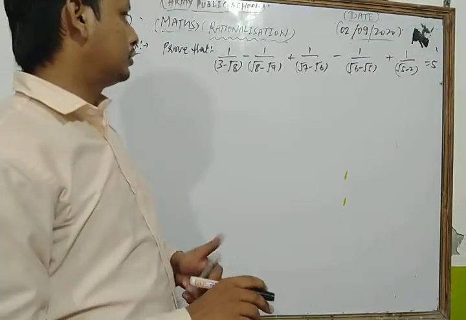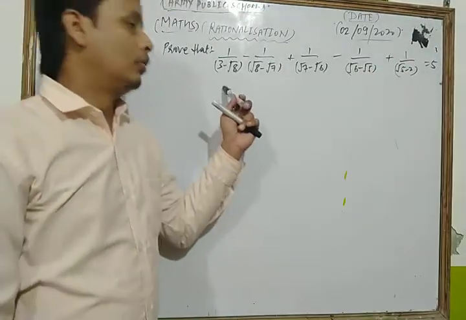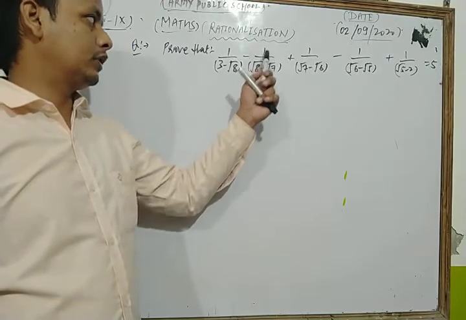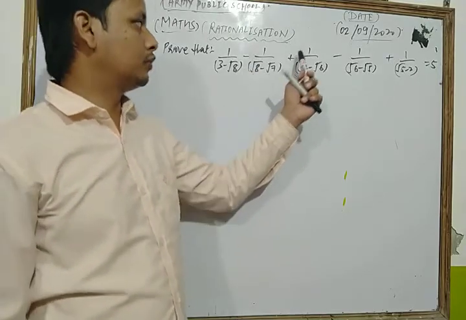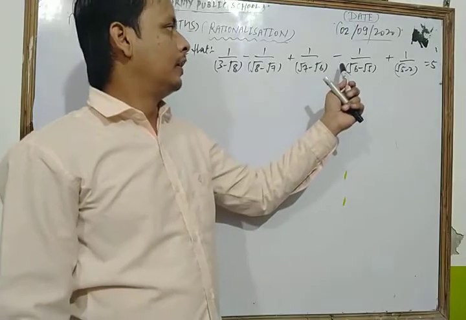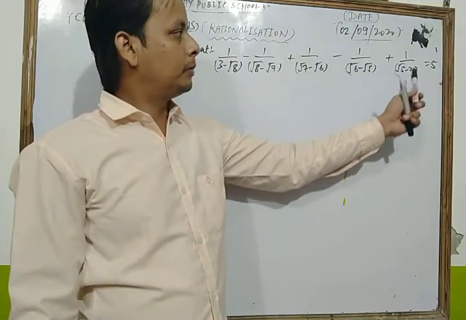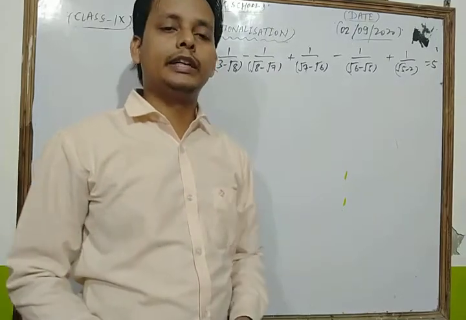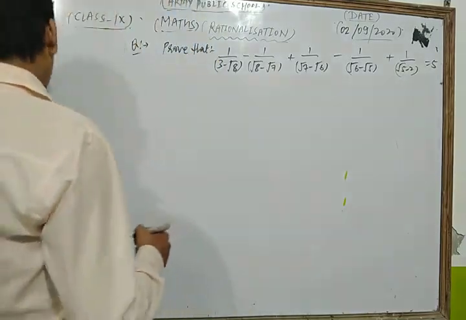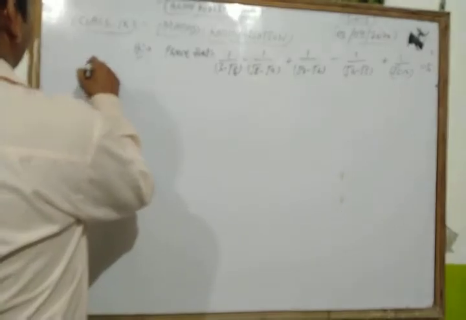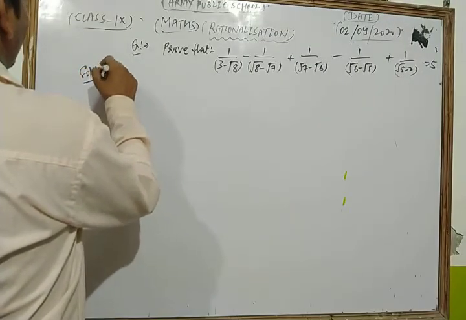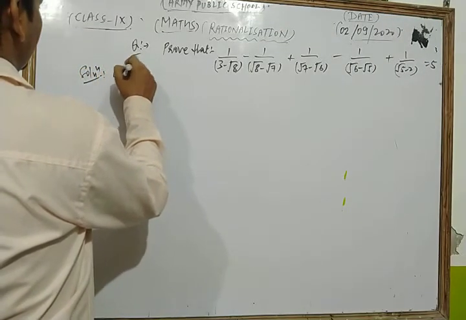Dear student, we have to show that 1 upon 3 minus root 8, minus 1 upon root 8 minus root 7, plus 1 upon root 7 minus root 6, minus 1 upon root 6 minus root 5, plus 1 upon root 5 minus 2 is equal to 5. Now we take the left hand side of this question. Let's see. Solve. We take as